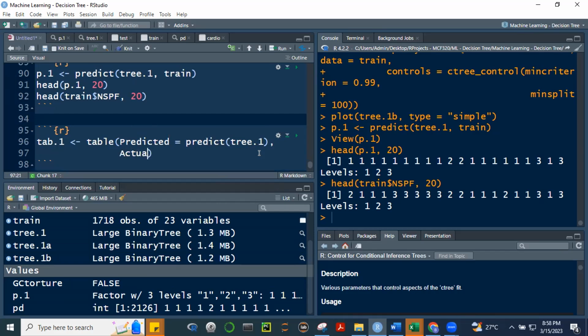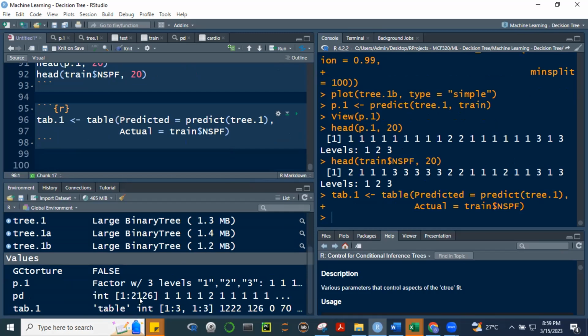Let's call it actual. Di ba? Ano yung actual values natin? Yung actual ni training dataset, parang yung kanina, train$NSPF. Yan. Okay. So what are we doing? We're using the table function. Sa x-axis will be your predicted value, and then sa y are the actual values. Parang yung ginawa natin kanina, pero ito, yung count to, no? This will be the count. Okay, so let's run this.